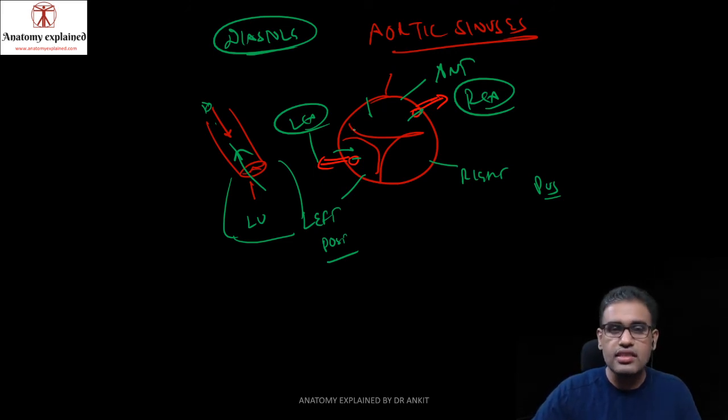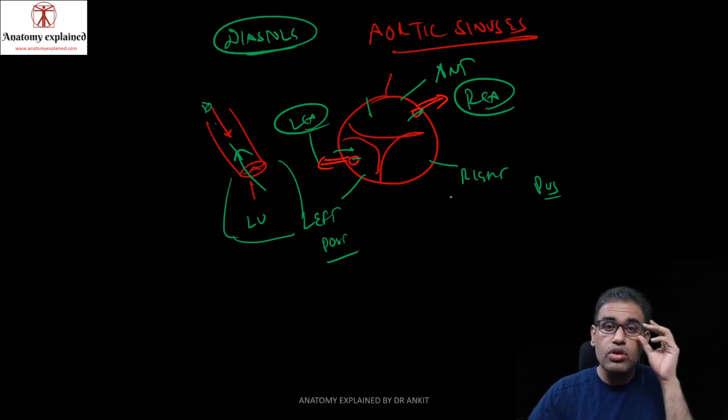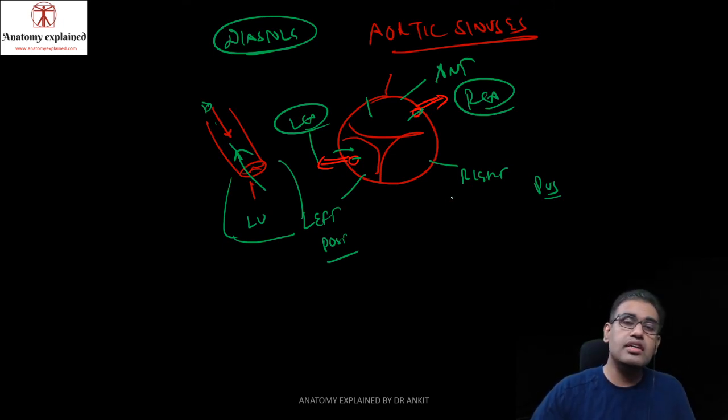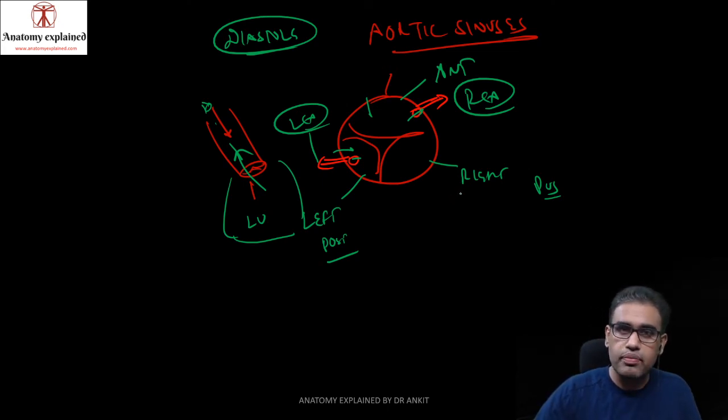These are the aortic sinuses: anterior, left posterior, right posterior. Also, anterior is sometimes known as the right, left posterior is known as the left one, and the right posterior is simply called the posterior. So these are the names, but yes, there are three sinuses, and this is how they are shaped. This is the same in the pulmonary wall also, but there you don't have the openings for the coronary arteries. Coronary arteries are the openings inside the aortic sinuses, the right or anterior one, and the left posterior.